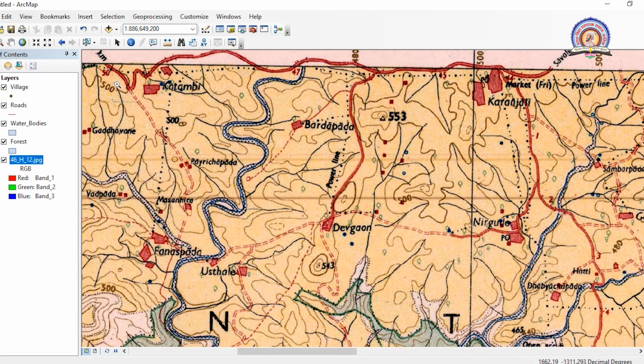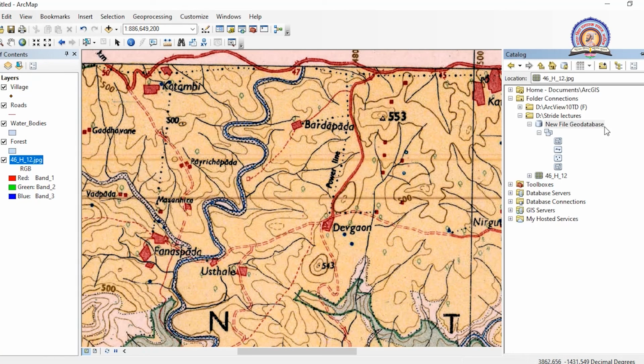For example, now I have decided to make the village map with the help of this topo sheet. So what will I do? I will create a layer called a village layer. You have to create all this: that is, a new database, data set, and one layer called village. And if I am also interested in roads, I will make 2 layers, one for village and one for roads. It depends on how many layers you want to create from this base map. I will give you a short demo about how to create a digital map using your scanned map.